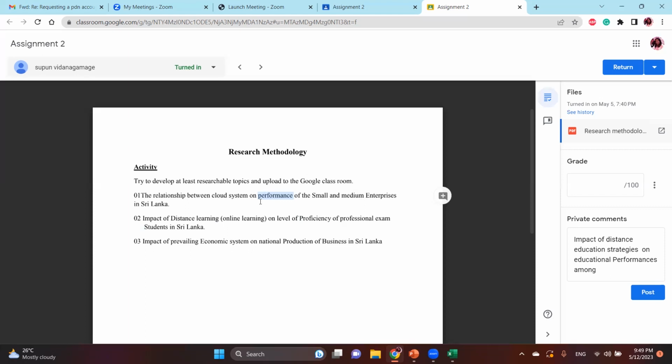So when you develop a topic, specify variables. If you put performance, generally everything is included. Better to indicate whether it's finance or business or something like that. And don't take relationship between, put an action verb. Impact of cloud system on, let's say, business performance. Impact of cloud system on financial performance of small and medium enterprises, or let's say urban, or better to consider